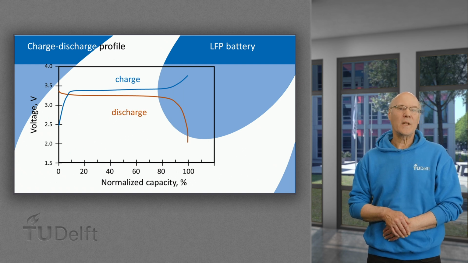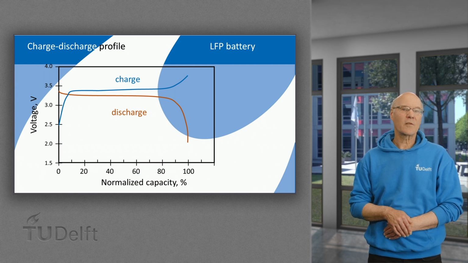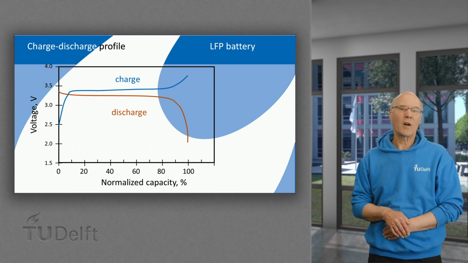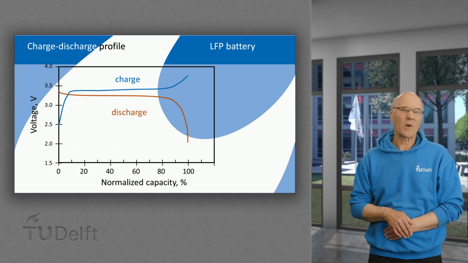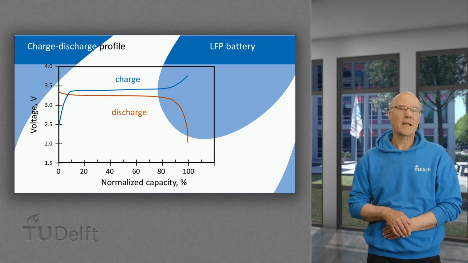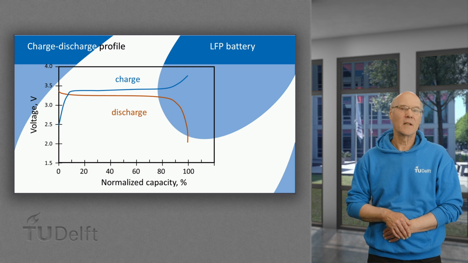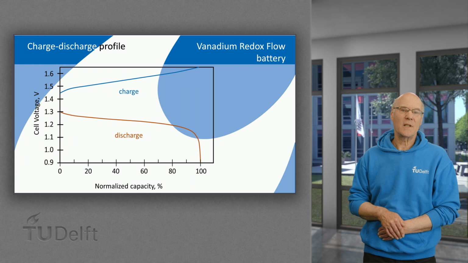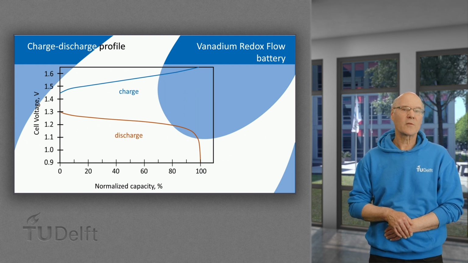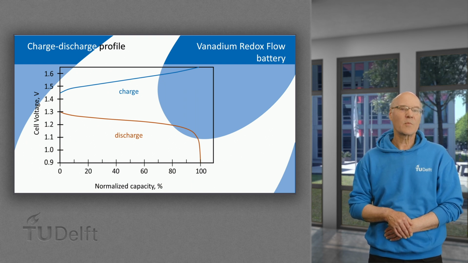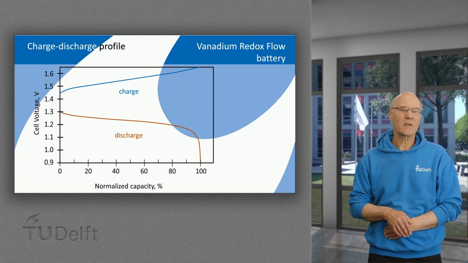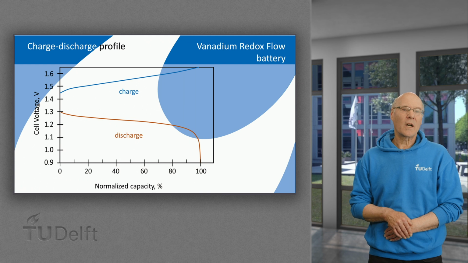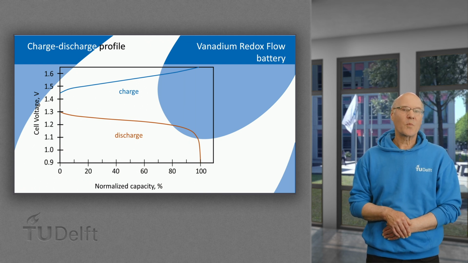The difference between the charge and discharge voltages depends on the internal resistance of the battery and is determined by various sources such as migration of ions in the electrolyte and reaction kinetics of the active species. The difference of the charge and discharge profile of a vanadium redox flow battery is also influenced by the pump power losses,